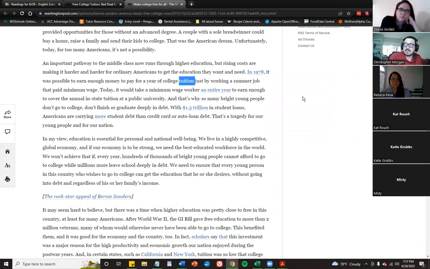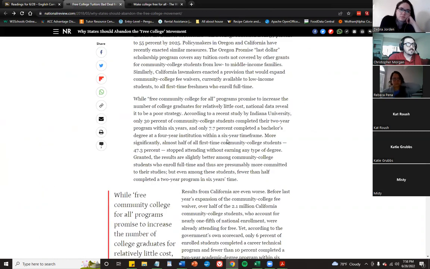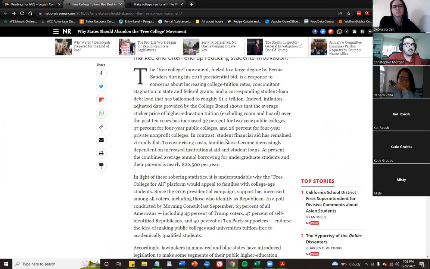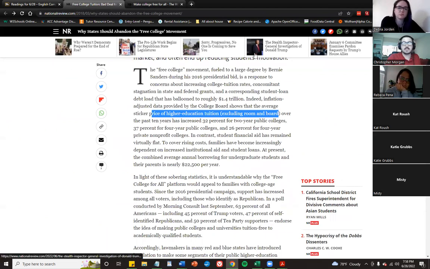The word tuition keeps getting thrown around in both of these arguments. One thing that I think this author is doing a little bit better, especially up the top here, is specifying the price of higher education, excluding room and board. There are other costs that factor in to how much college costs than just tuition, right? Sanders's argument is that tuition should be free. That doesn't necessarily equate to free education, right? Also considering the fact that education would be subsidized by some sort of tax,